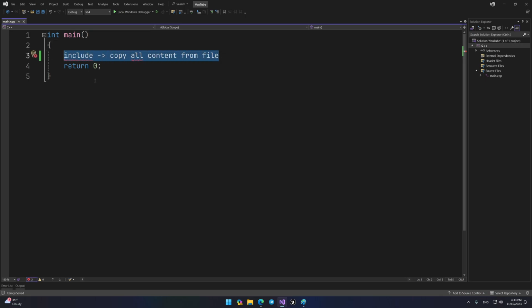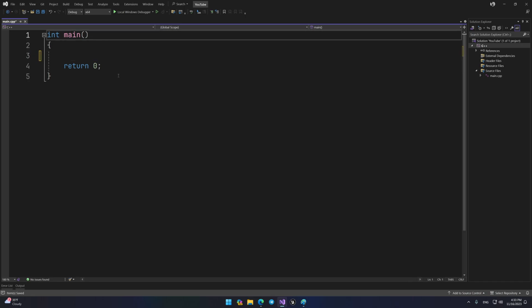In one of the future lessons, I'll tell you about preprocessor directives, among which there is the include directive. For now, just think of include as a command that copies the content of the file you specify to wherever you use it. Let's include this file. In C++, there is such a thing as a preprocessor. I talked about it in the second lesson. It has its own commands that start with the hash symbol. Let's write the command include I/O stream.